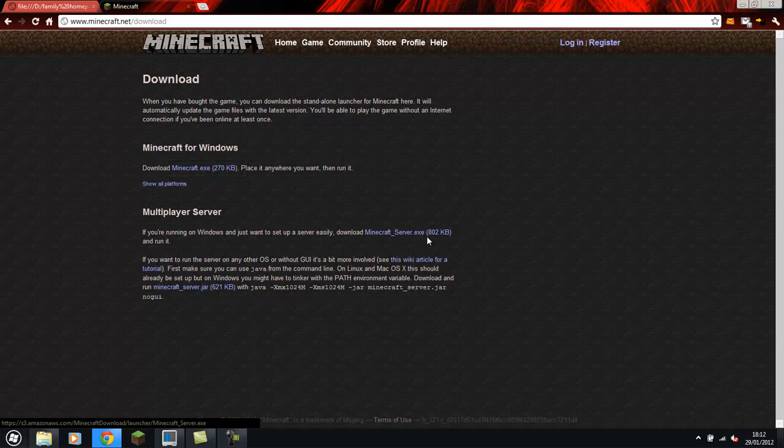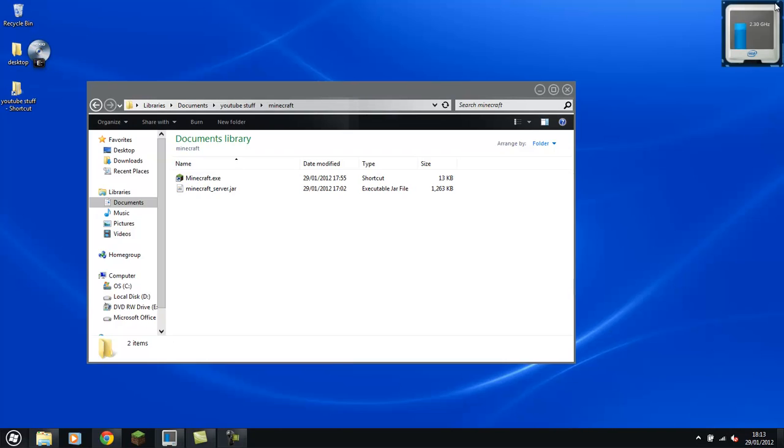Don't download the .exe file, because if you want to edit the server and put mods and all that on there, the exe file will be no good. You'll need to download the Minecraft_server.jar. So once you've downloaded those two files onto the desktop so you can find them easily,